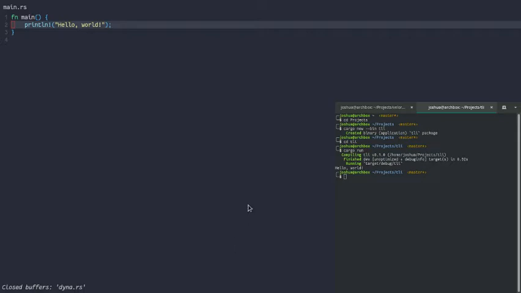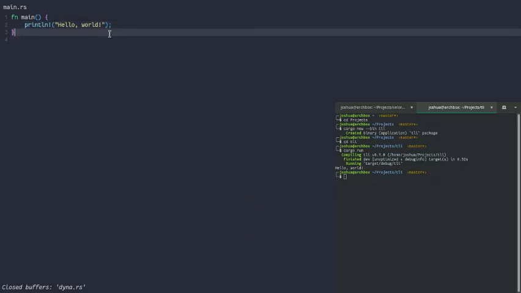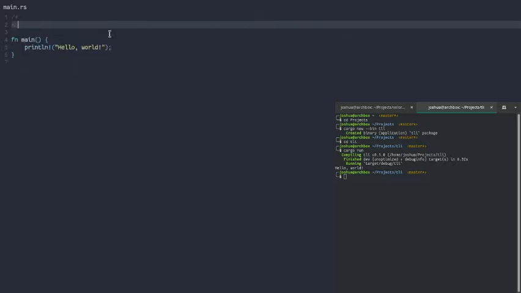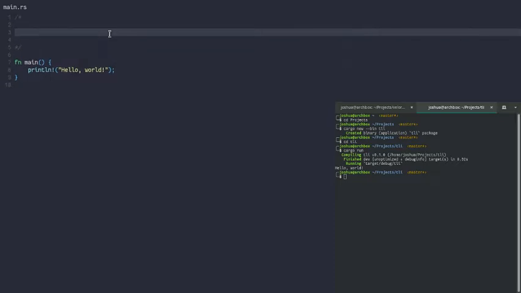Tiny language interpreter. Tiny language interpreter. Tiny language interpreter. Tiny language interpreter. Tiny language interpreter. Tiny language